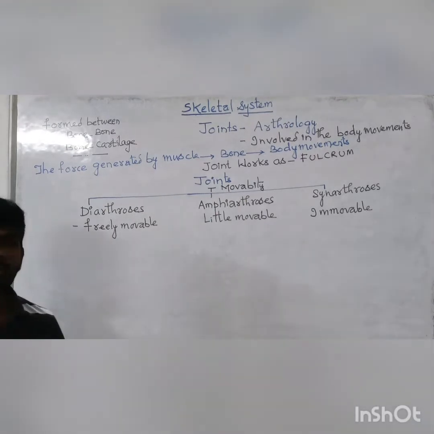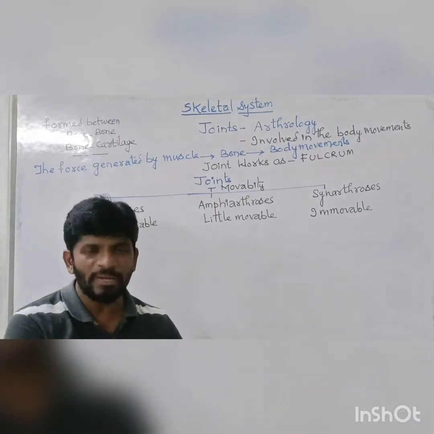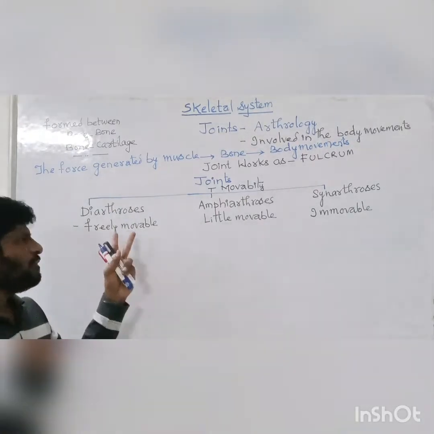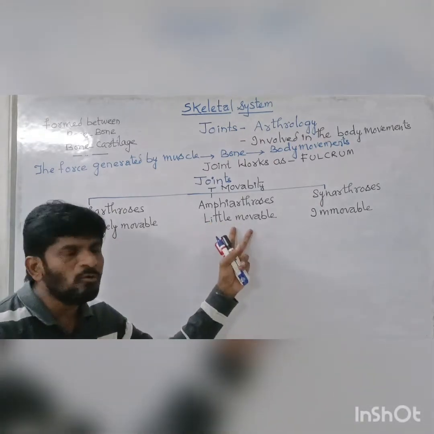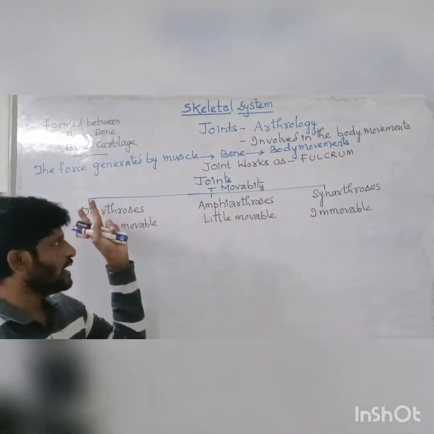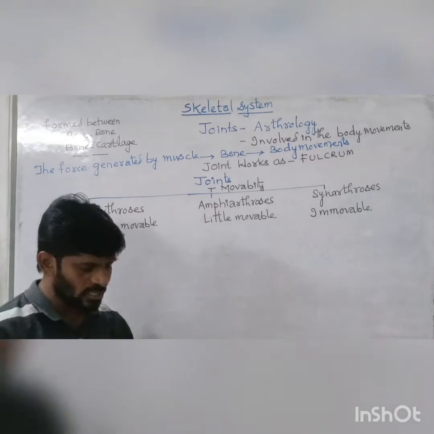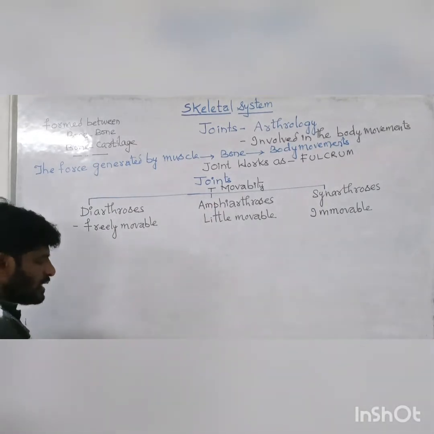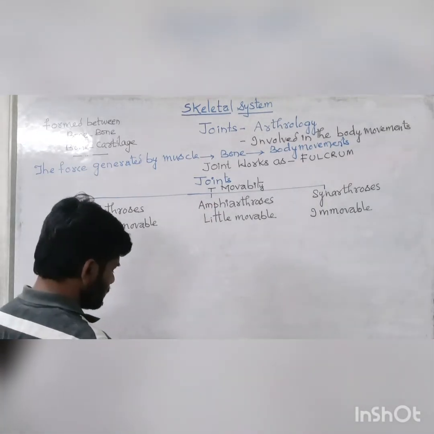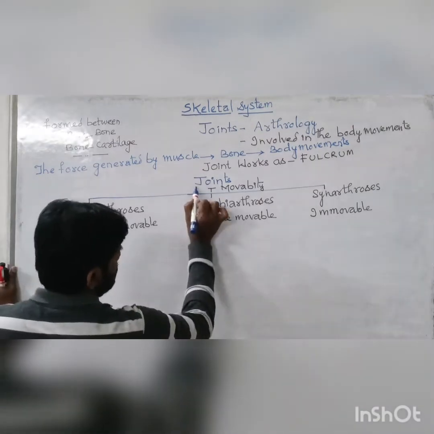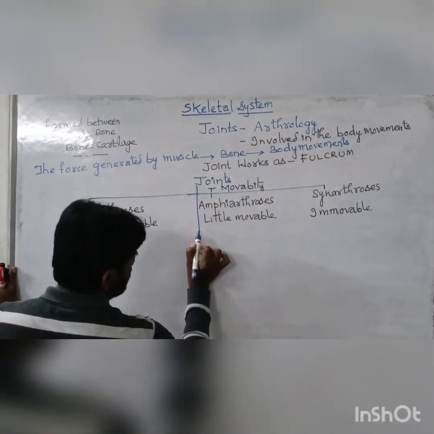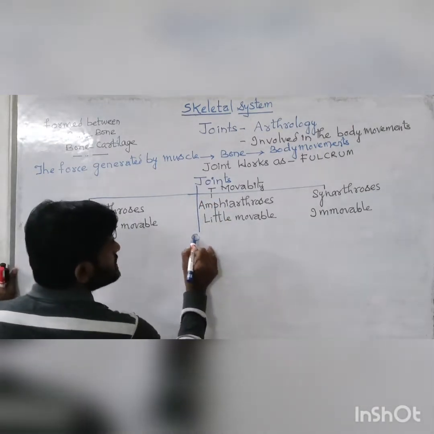So this is the classification of a joint depending upon the mobility: freely movable, little movable and immobile, diarthrosis, amphiarthrosis and synarthrosis. And another classification of the joints depends upon the origin,